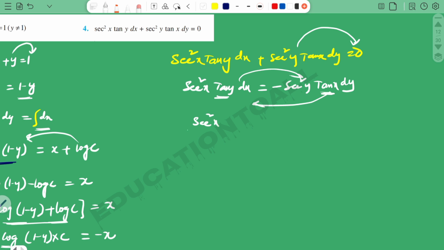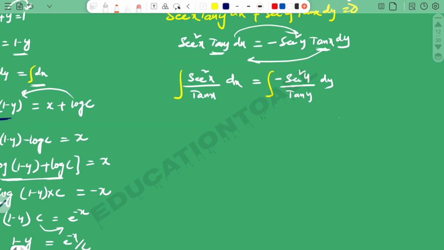Then secant square x divided by tan x into dx is equal to minus of secant square y divided by tan y into dy. Now observe carefully, variables are separated. Now apply integration on both the sides. If I consider tan x is equal to t, what is going to happen? Apply differentiation, secant square x dx is equal to dt. Then I can make this entire function as dt. Then it will be f dash of x by f of x. Then I write logarithm of tan x,